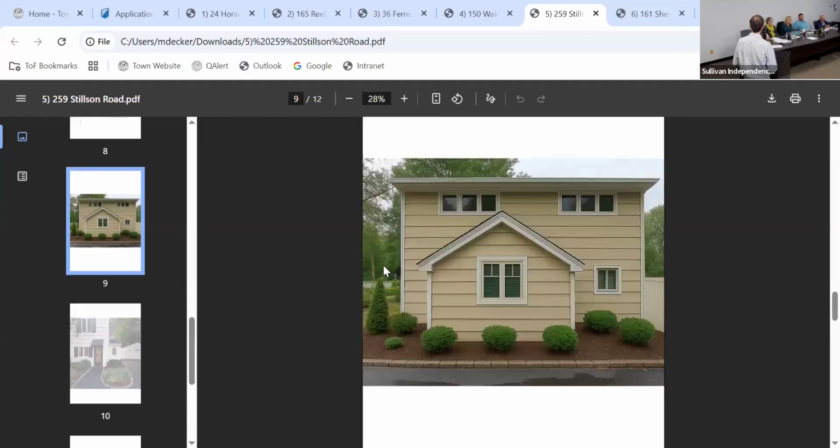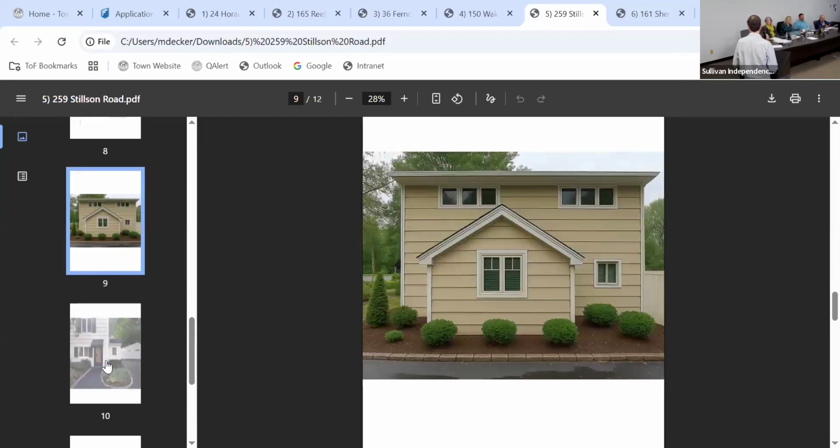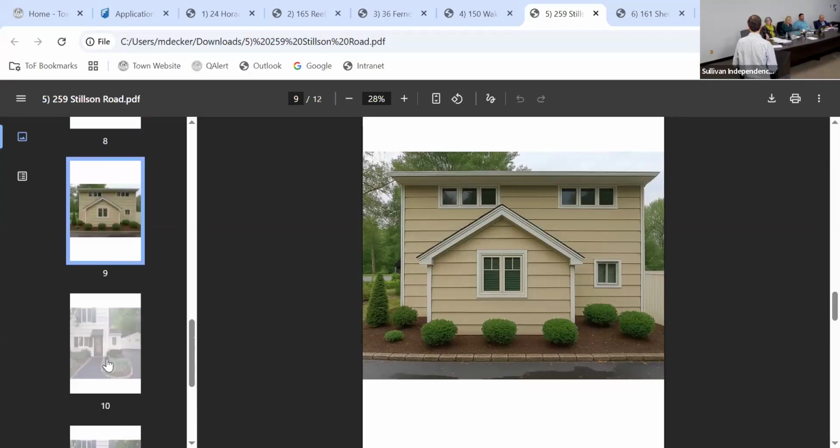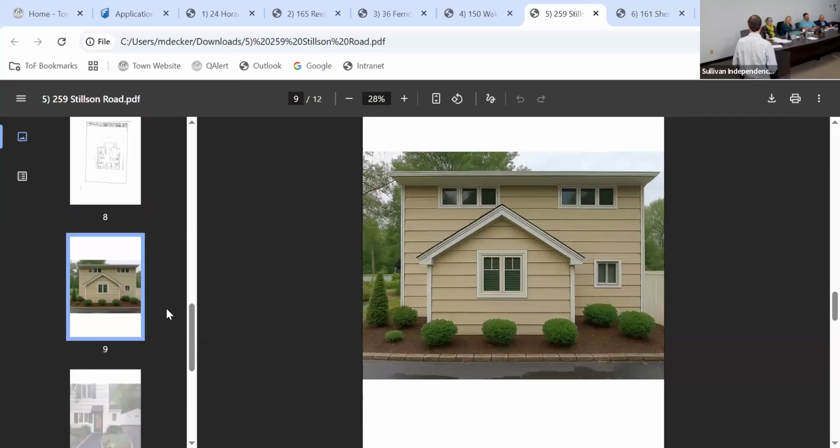So if you can imagine, this property, forget the fact that it's a dentist office, it's just a house. And it meets all the requirements; you're not asking for any variances for setbacks or coverage or any of that. It's just for that piece. But you need a hardship, right? So my hardship is the inability, were you complete in your question?